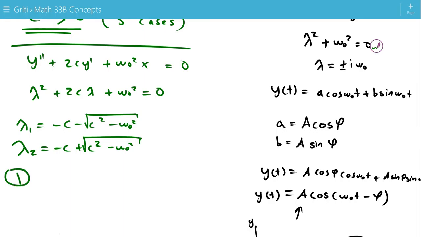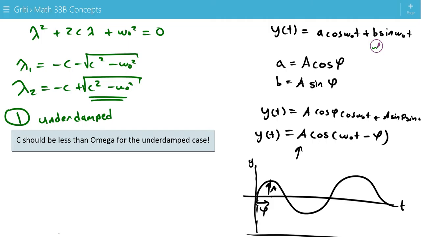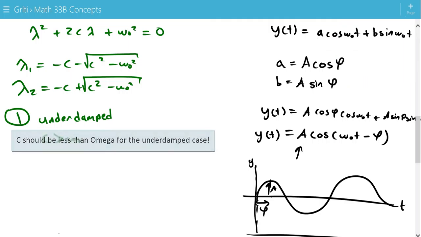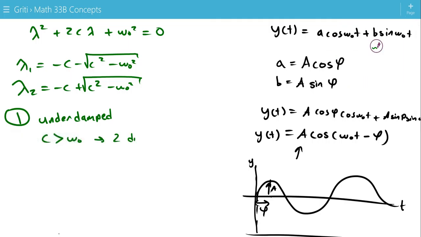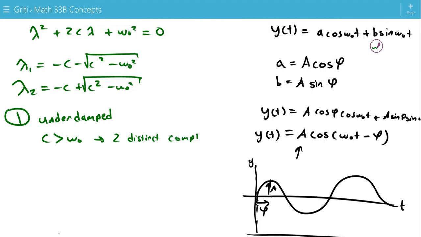So case 1 is what we call the underdamped case. So that's when we get distinct complex roots, or c is less than omega naught. So this square root has a negative number on the inside, so we get an imaginary or a complex solution. So 2 distinct complex roots,